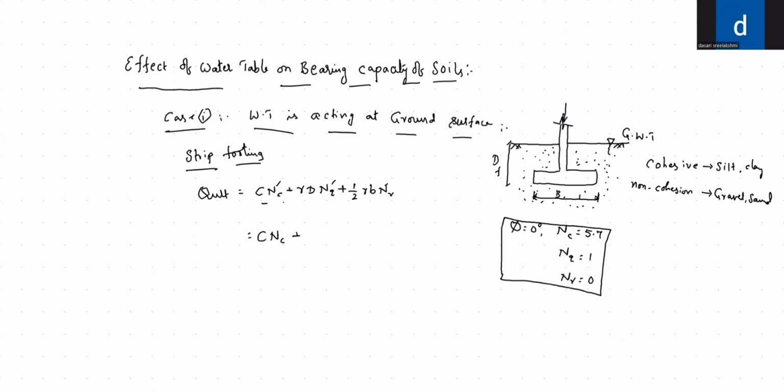Here the groundwater table is at the ground surface, so both the depth factor and the width of the footing are affected by the water table. Then you can write this case simply, instead of gamma,